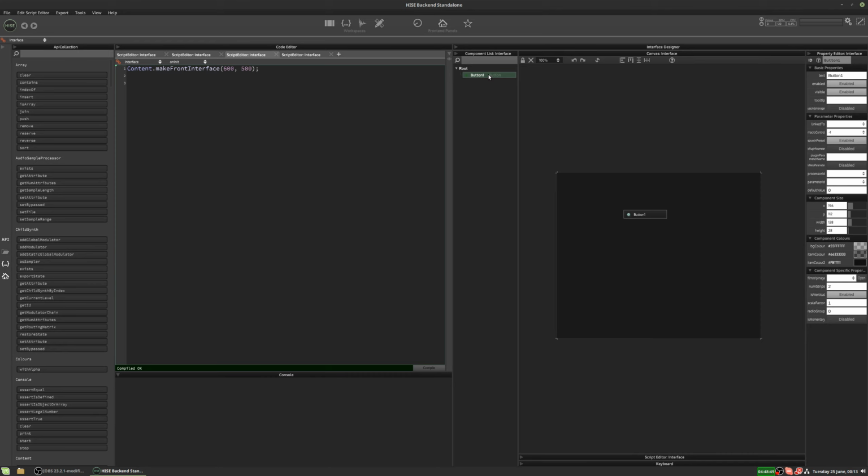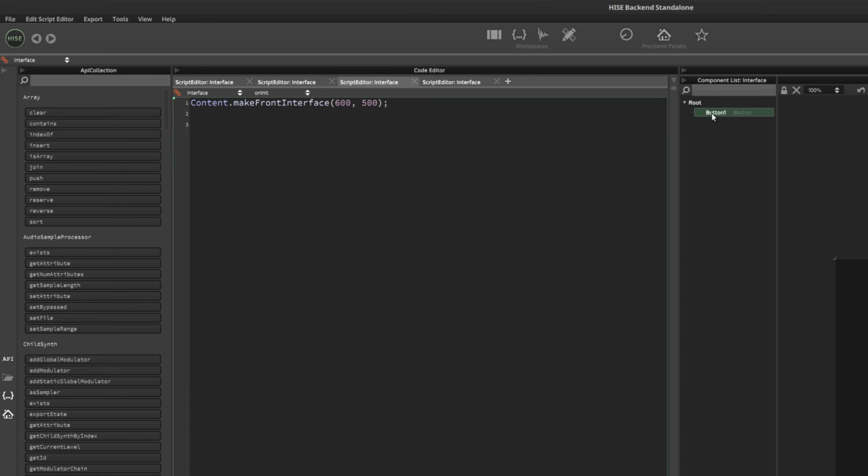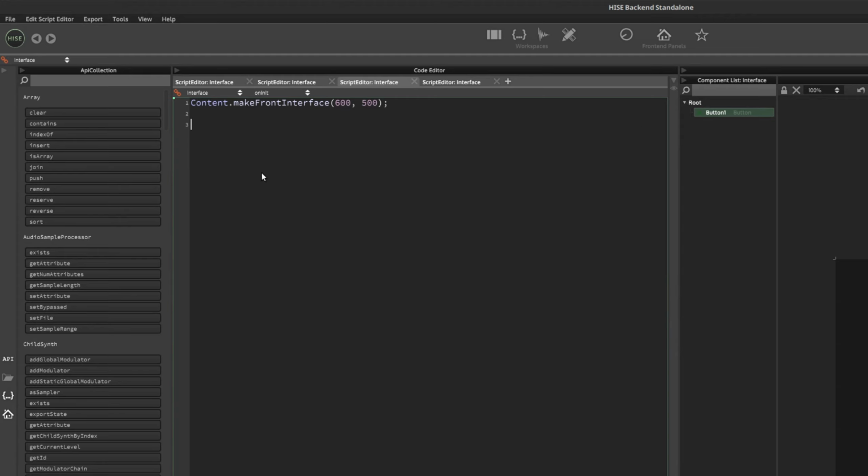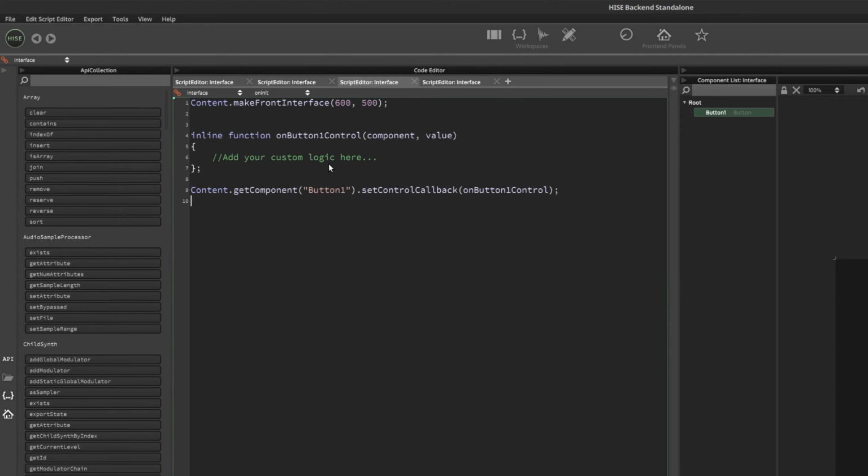But if you want to script it to do something, you have to create a custom callback, and there are different ways to do it. But the simplest way is to right click on it over here in the component list and select create custom callback definition, which will put it on your clipboard and you can just paste it in. And this creates an inline function which has two parameters, component and value. And component refers to the control, in our case it's the button, and value refers to the value of the control, which is either 0 or 1 for a button, and if you had a knob it'll be a different